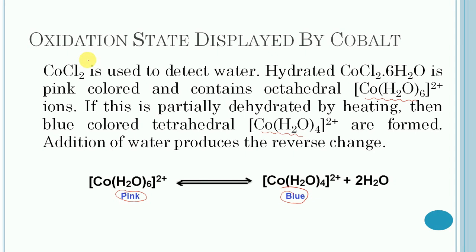Addition of chloride ion to a pink solution of aqua ion gives a tetrahedral ion. The large monodentate ligands such as chloride, bromide, iodide, hydroxyl and thiocyanate commonly form tetrahedral complexes with cobalt 2 plus. So it is all about the 2 positive oxidation state of cobalt.